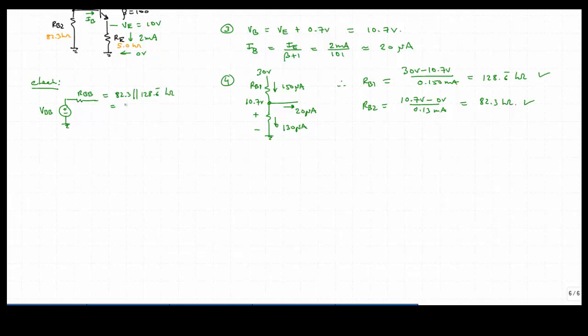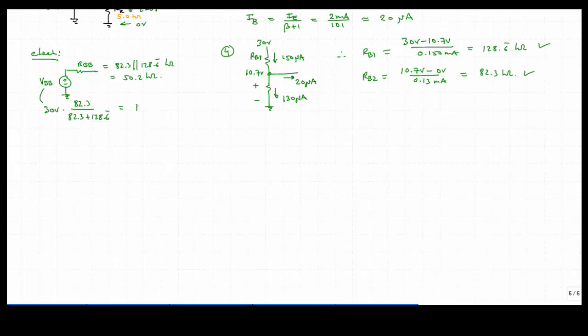And this equals 50.2 kiloohms. And VBB is going to be 30 volts times 82.3 kiloohms over 82.3 plus 128.6. And this ends up, let's see,